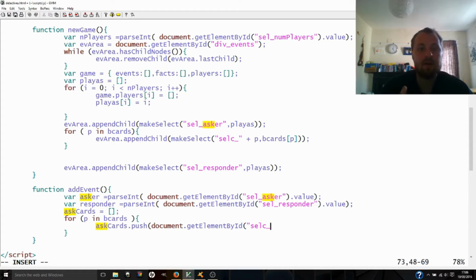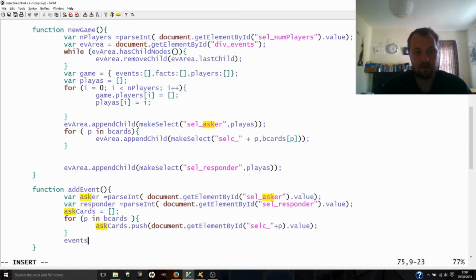The name of the thing, which we found was P, dot value, which is the selected result, and then we're pushing it, so that's the close brackets on there, and then